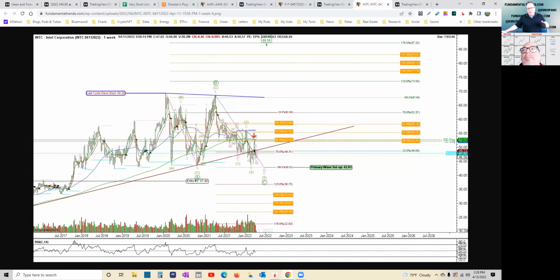And ultimately, they're going to get all kinds of business that Taiwan Semiconductor was getting, blah, blah, blah, all the fundamental stuff. So Shooter is saying a primary wave setup is right around 42.81. Yep. Why don't you tell us about that? Yeah, it looks to me like it's just going to retest the base, back where we put in the A